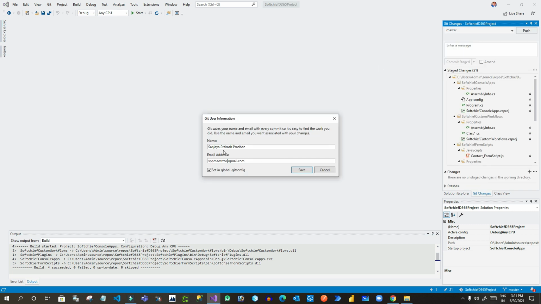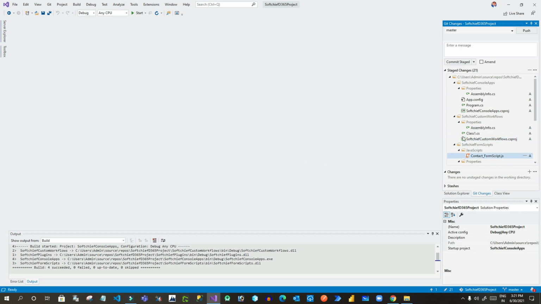You can see here Git saves your name and email with every commit, so it's easy to find the work you did, right? So every time you check in something or you change something, it will give your name and email ID to identify you have done some changes, right?